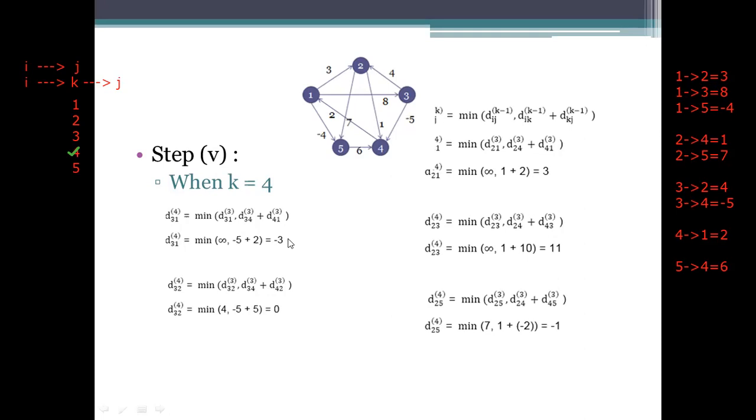So since we are having the negative value also, we need to include that in the matrix. And coming to 3 to 2, there is a path or not. There is no path here. What you have to do, we need to calculate from 3 to 2 or the 4 to 2, whether there is a path or not, we need to see.